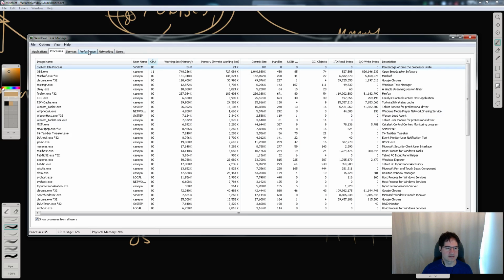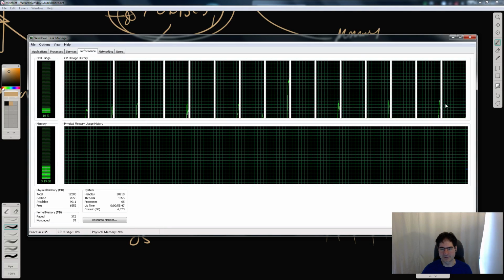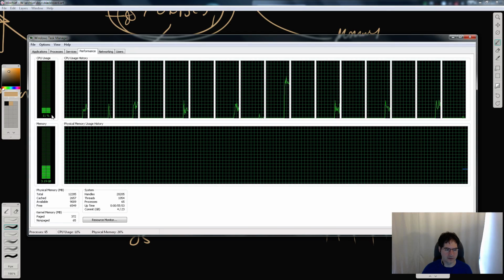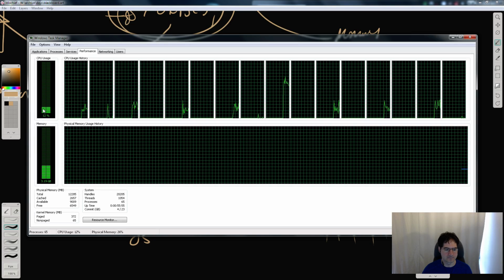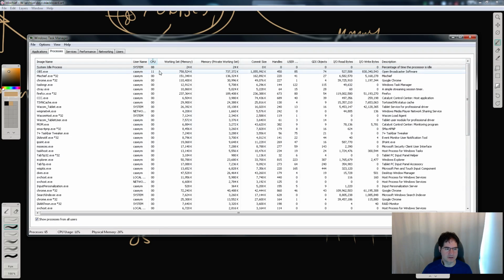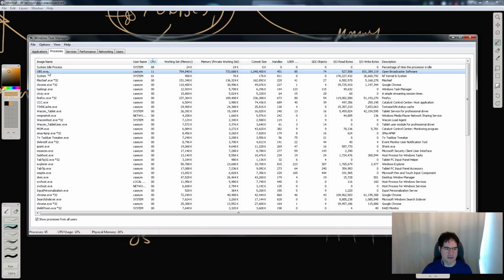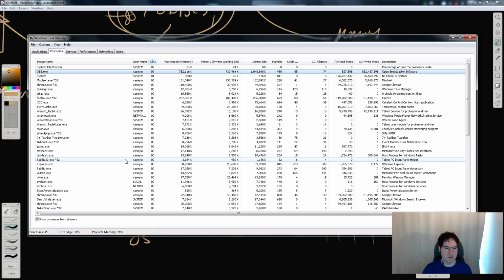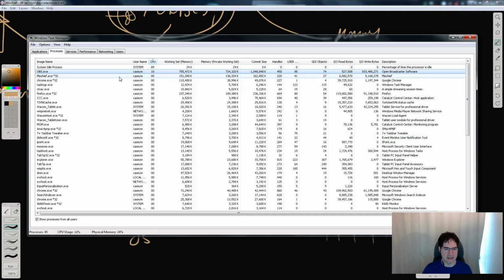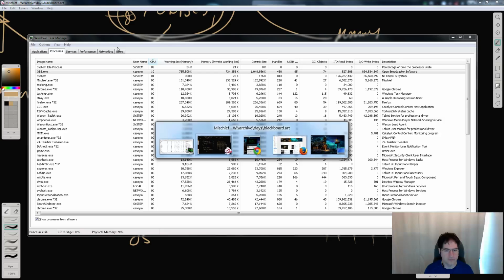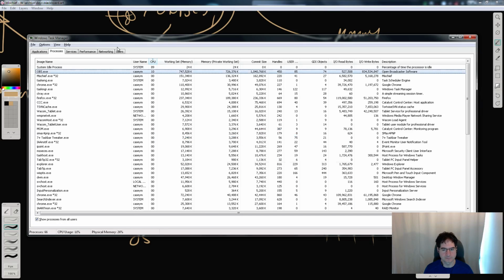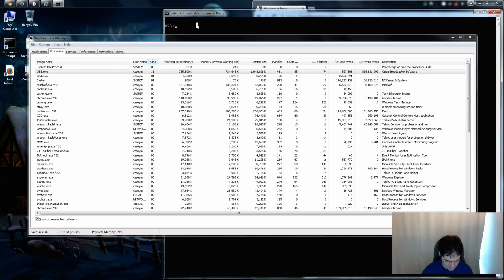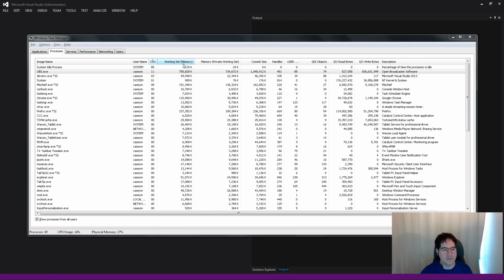And so when we look at this graph, what you can see here is you can see that this number hovers around 11%, right? And we can see if we look at processes, you can see what's going on there. It's OBS that's taking that time, right? But we could probably get a little bit more explicit. Well, you know what we'll do? First of all, let's just run Handmade Hero. There we go. So if I run Handmade Hero,